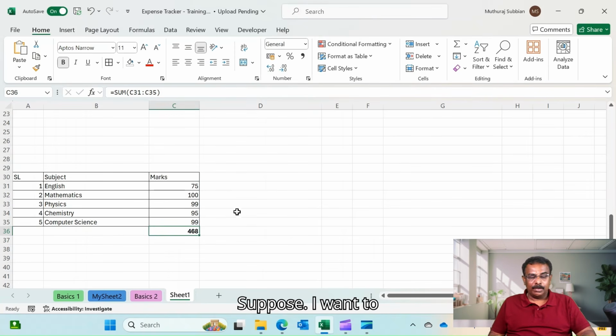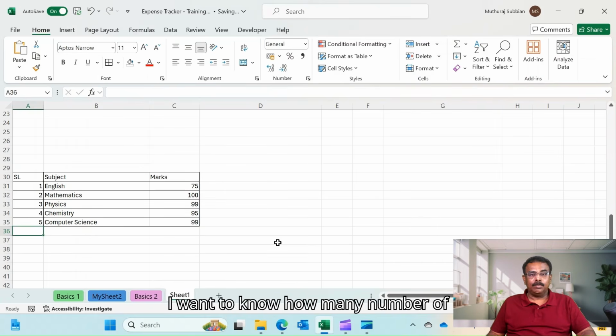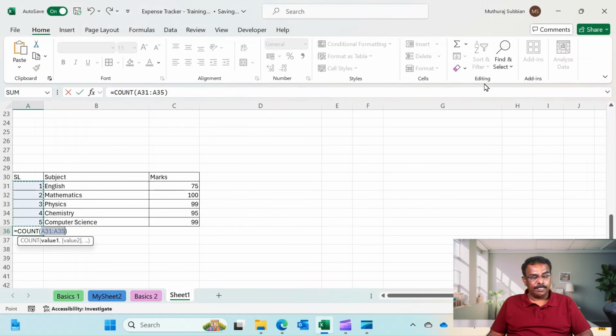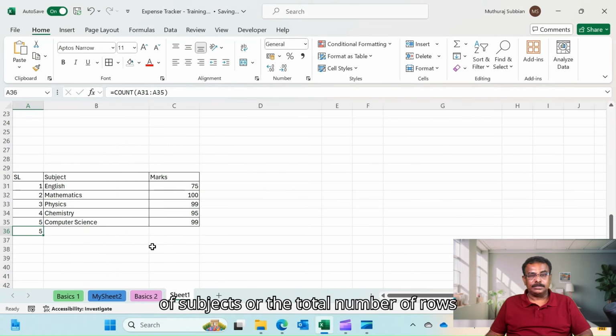Suppose I want to know how many rows we have. If I want to know the number of subjects in it, how many subjects are there in this examination, I can use a formula called count. I go here and say count numbers, and automatically it selects, and press enter. It calculates the total number of rows with numbers available in this range of